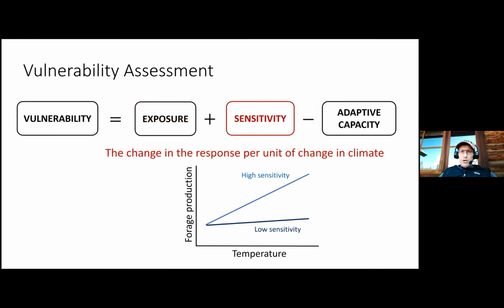The second component is sensitivity. So this is the change in the response of interest per unit of change in climate. So in this hypothetical graph, I've got temperature on the x-axis and forage production on the y-axis. In systems like California,